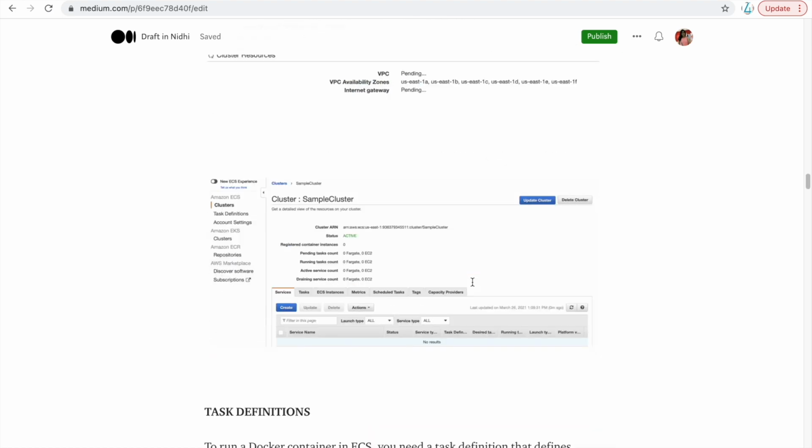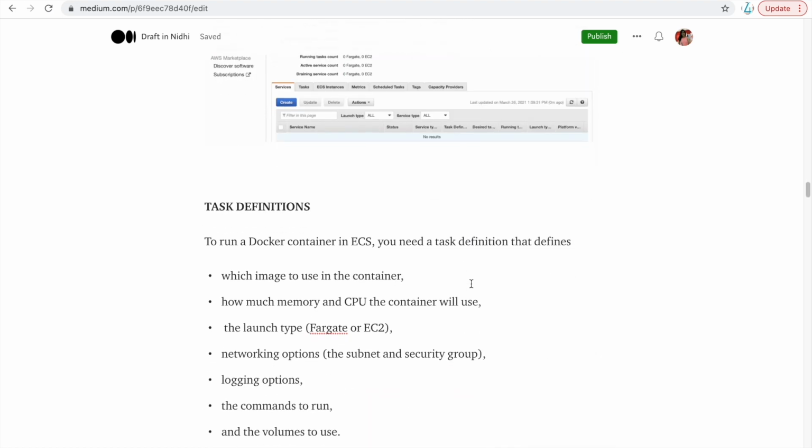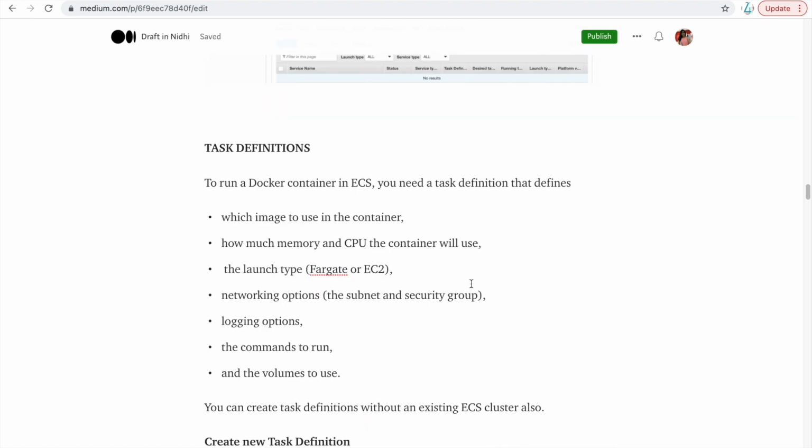The next step is you need to create a task definition. So what are task definitions? To run a Docker container in ECS, you need a task definition that defines which image to use in your container. You can provide your Docker Hub images and your ECR images also.